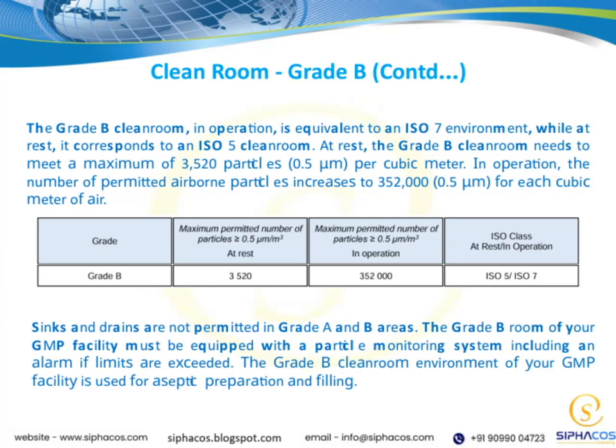Let's talk about sinks and drains first. In Grade A and B areas, sinks and drains are not permitted, as they can be sources of contamination. Moving on to the Grade B room in your GMP facility, it's essential that it's equipped with a particle monitoring system. This system should include an alarm that triggers if the particle limits are exceeded, helping us maintain the required cleanliness standards. Remember, the Grade B cleanroom environment is used for aseptic preparation and filling, so maintaining control over airborne